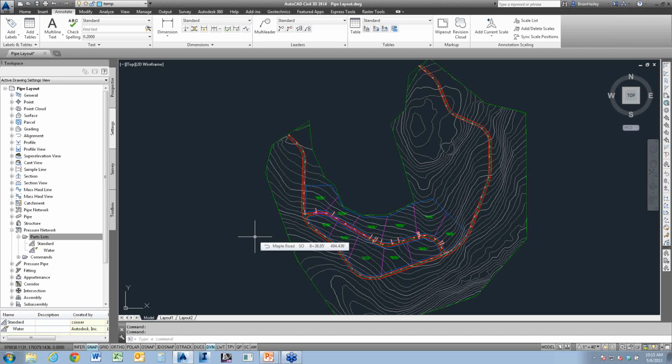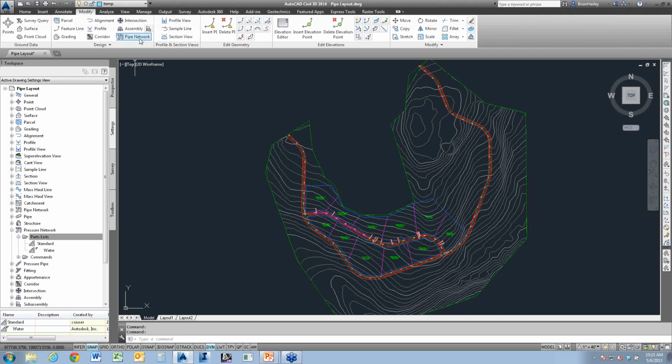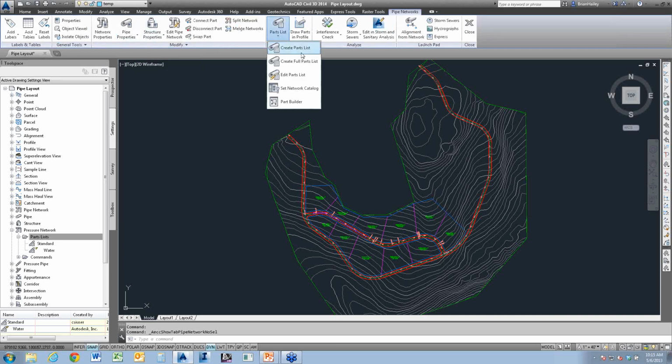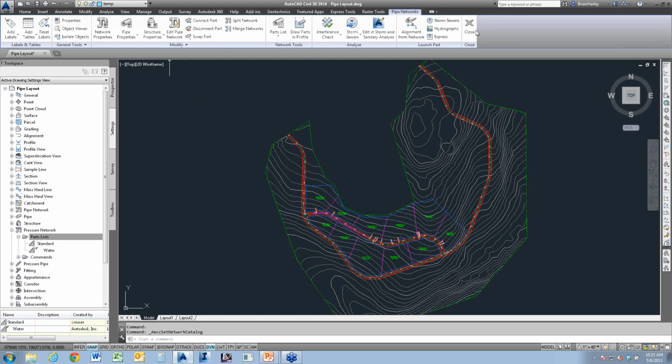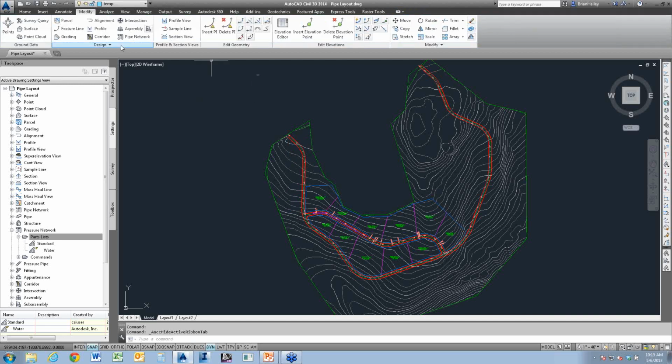Now, as I mentioned before, Civil 3D does come with several different parts lists. The one that I'm using, well, which one is it? So if you come to your Modify Pipe Networks, you can change your network catalog. Oops, I went to pipe networks, not pressure networks, my bad.